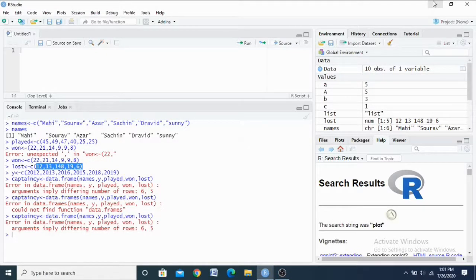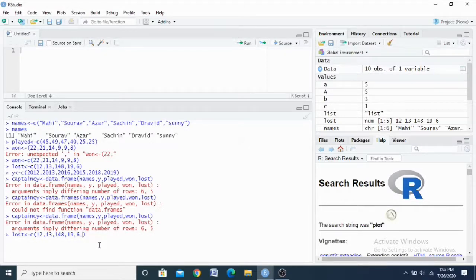Here the lost vector has only 5 values, while we have 6 players. The other values are for 6 players, but the last one contains only 5. That's why it shows an error. So I have to go to the value and include one more element.